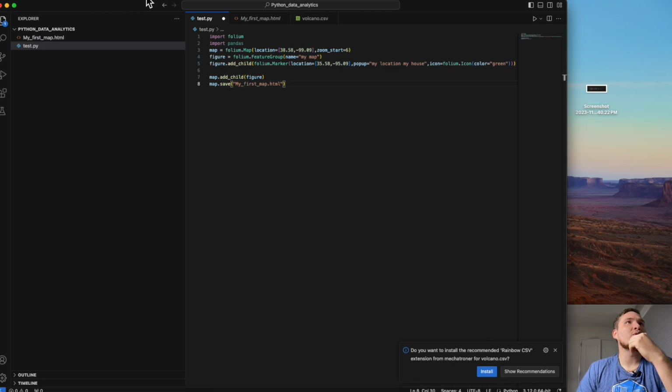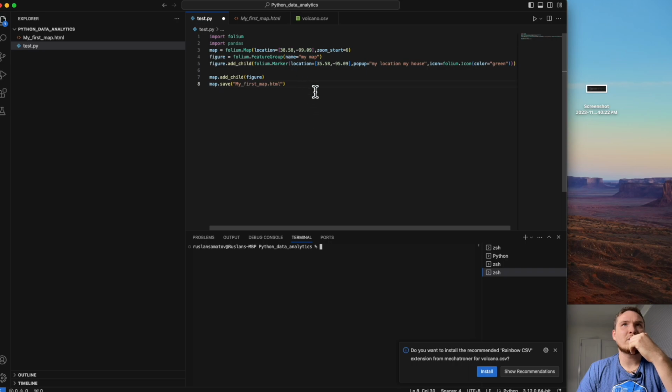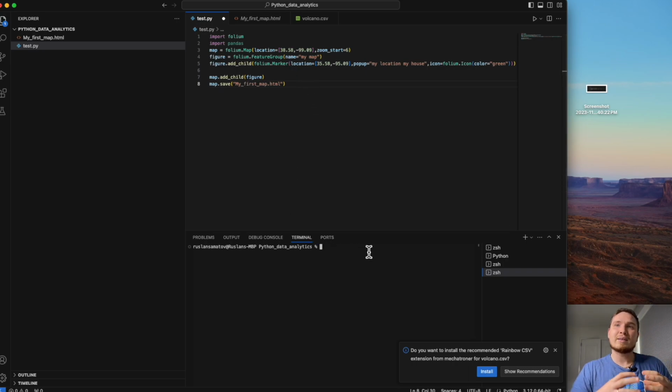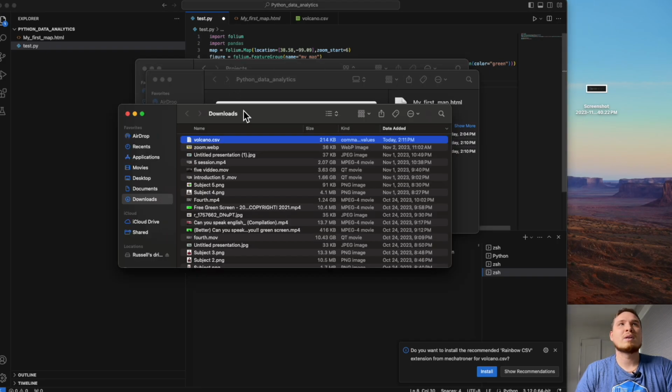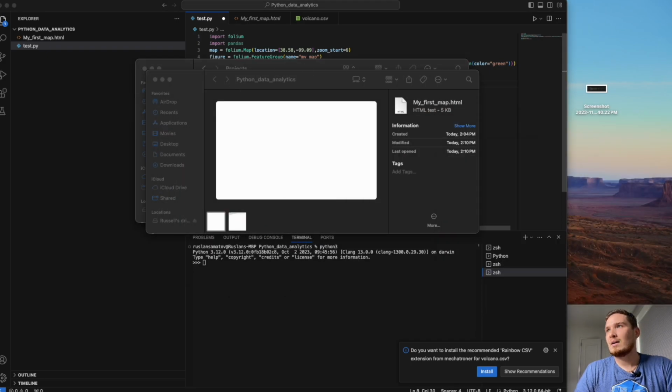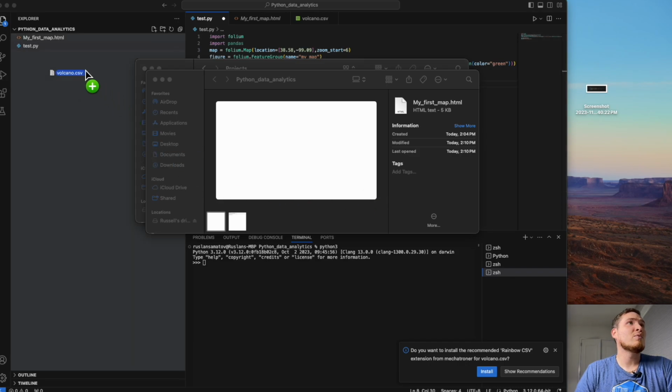Let's open a new terminal. Before we even write the code, I want to show you something and see how Pandas can help us. So let me open Python 3. Now I have my terminal here, and I want to read from this file. First of all, I need to store this file in the root folder to avoid copying and pasting the path. So let me move it here.